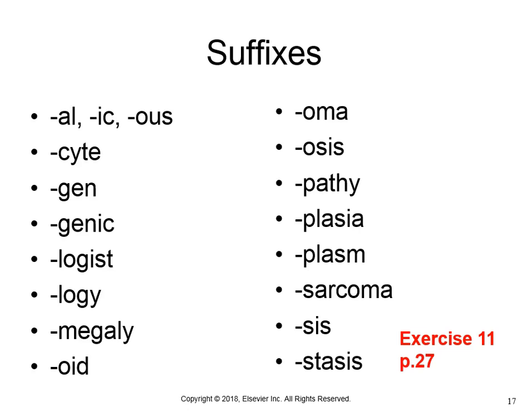Osis, we saw before, means abnormal condition. So there's something wrong with whatever it is. Pathy means disease. It's kind of a generic term, but it means disease of whatever you're talking about. Plasia, there's a lot of suffixes we will find that look similar to this, and that's why spelling is going to be so important. This plasia means growth